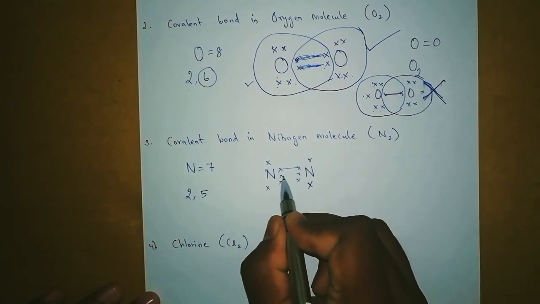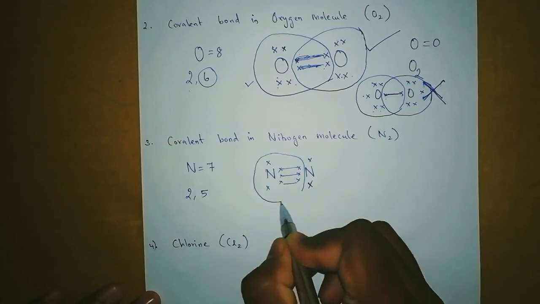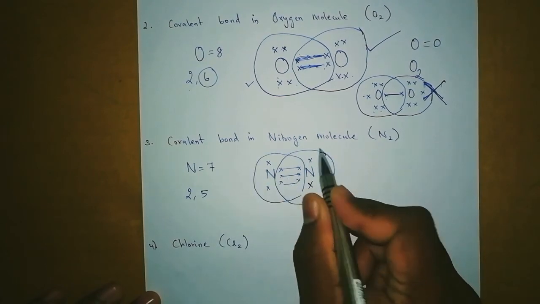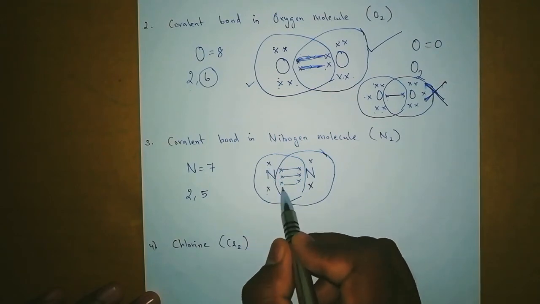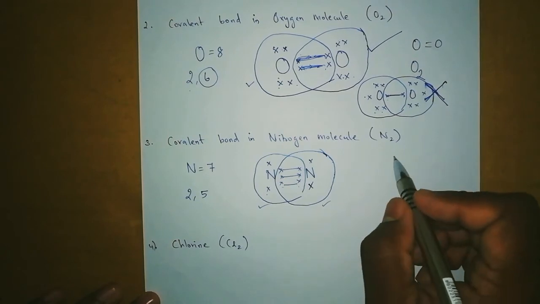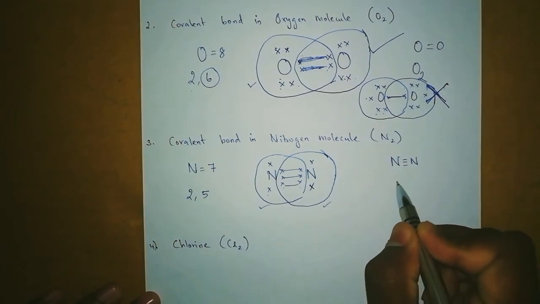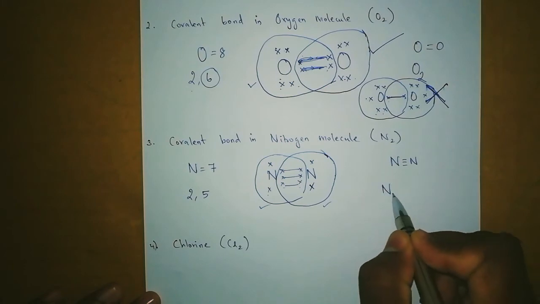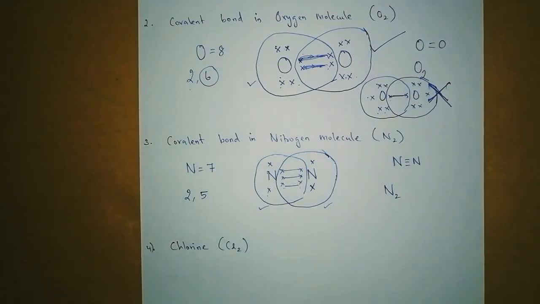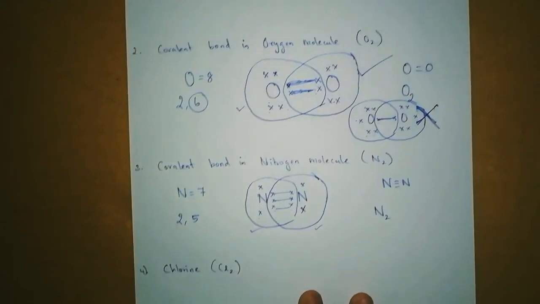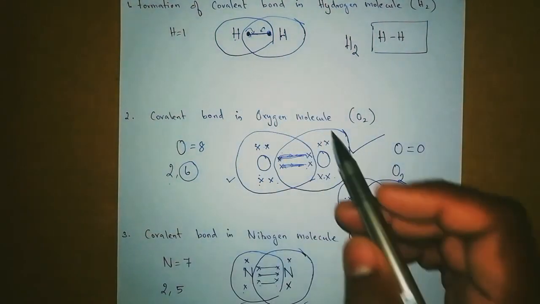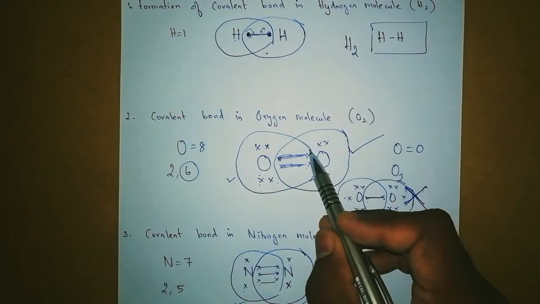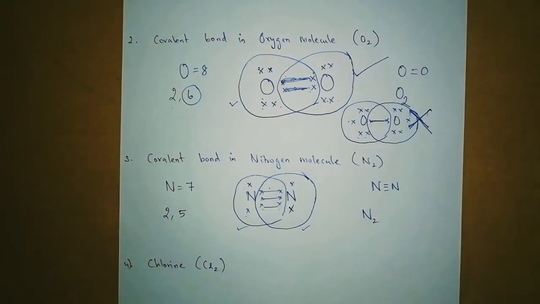Now the bond formed between them is a triple bond. Now count the number of electrons here with this nitrogen: 1 2 3 4 5 6 7 8. This is also satisfied. So the bond formed between nitrogen and nitrogen is a triple bond. So what we have learned is that we cannot say that always a single bond is formed. As we discussed before, in covalent bonds, single bonds are possible, double bonds are possible, as well as triple bonds.